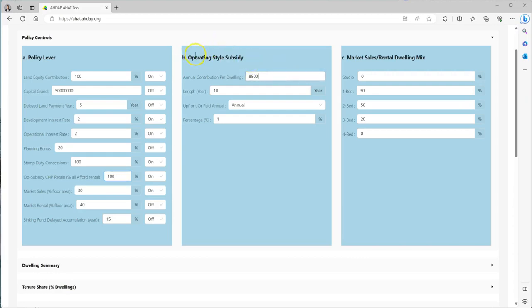So we can define the parameters of that operating style subsidy in box B. So how much is the cash contribution per dwelling per year? For how many years will it be made available to the project? So is it only for 10 years or 25 years? Will it be paid annually or as an upfront lump sum? And will this cash contribution be indexed at all? This can all be adjusted here. Finally, box C